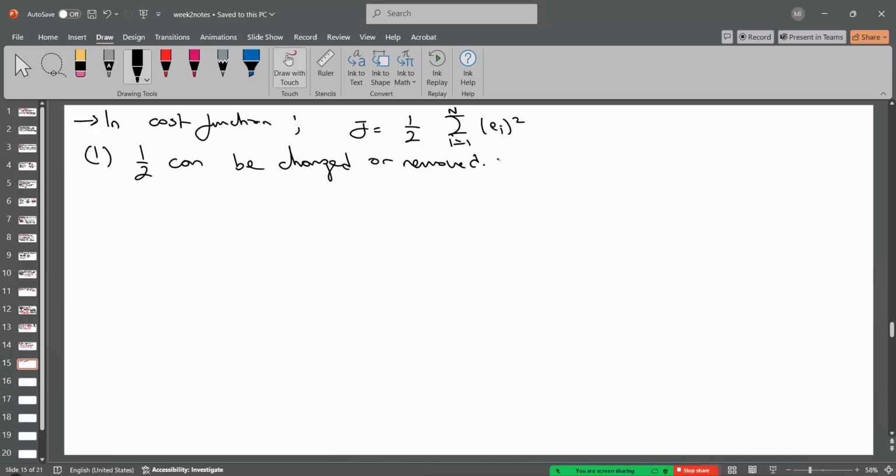It's not necessary, but if we take the derivative of the J value, this 2 goes to the front of the function, and this 2 times 1 divided by 2 equals 1. This is simpler for calculating the gradient values. Okay, and also the cost function must always be differentiable,